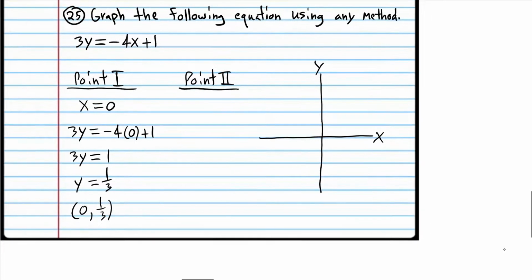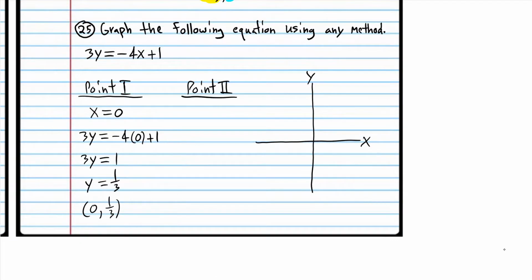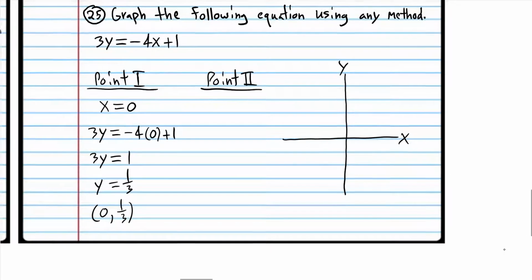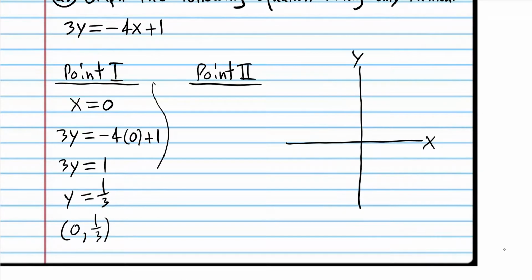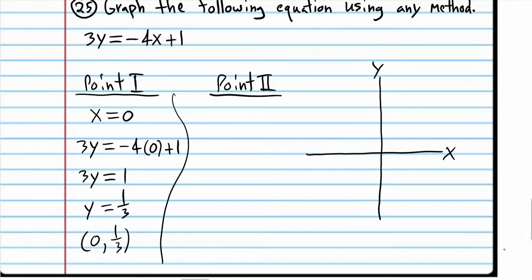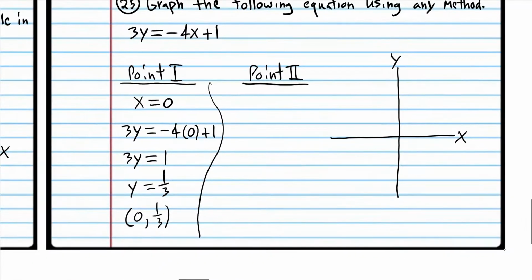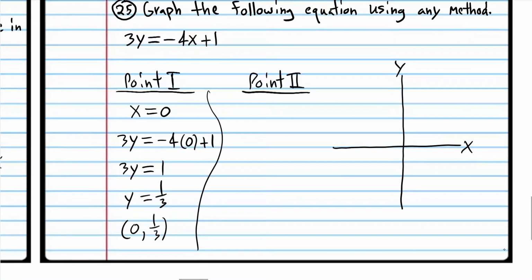So I'm kind of using method number 2, which is pretty much the same as method number 1. You're just finding 2 points. But the difference between method 2 and 1 is with method 1, you're just finding any points. You don't have to find the y-intercept or the x-intercept. So just to show you that I'm not using method 2, I'm just using any 2 points. I'm going to choose x equals 1, because I can see that's going to produce an easy number. So now we're going to take our equation up there and plug in 1 for x,